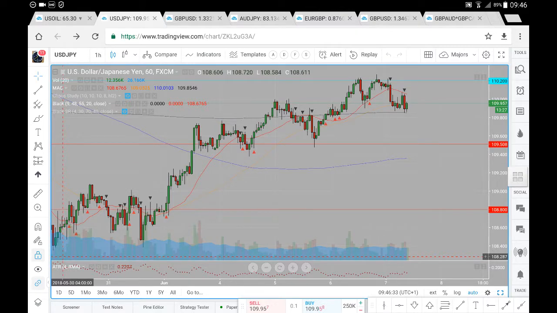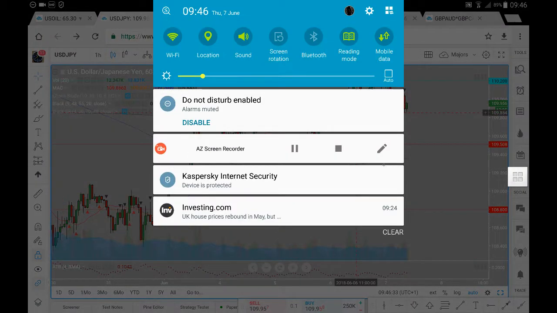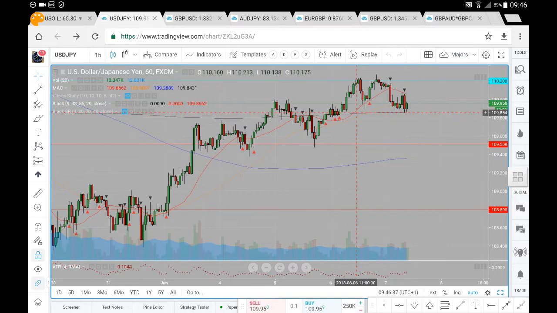So this is the US dollar Japanese yen analysis for Thursday the 7th of June. Now let's have a look at prices and where prices may likely go. We previously saw prices test the 109.50 for support. We've now had prices head beyond the 110, all the way up towards that 110.20, from which we